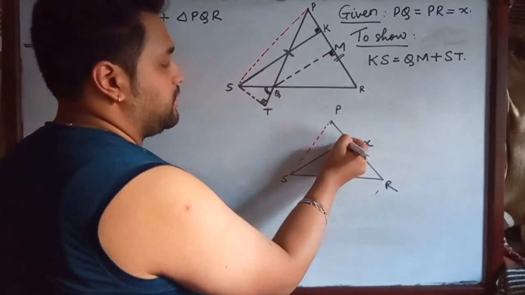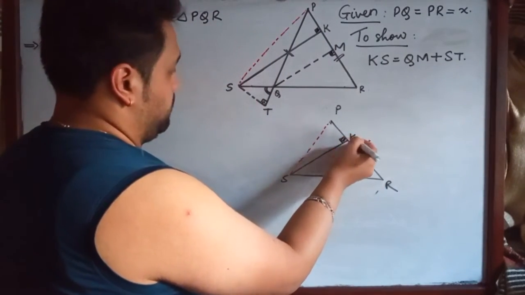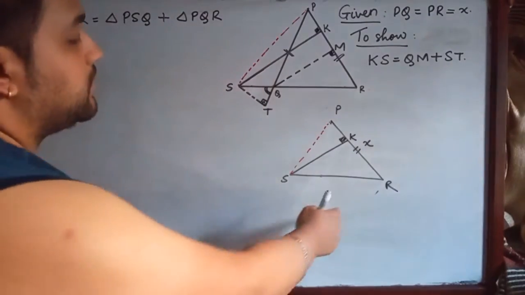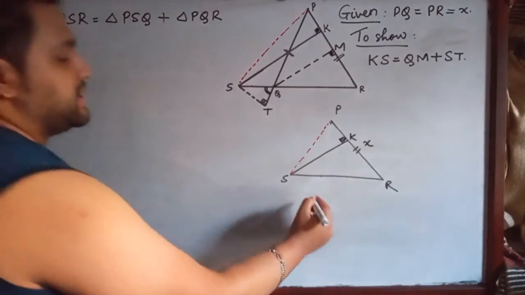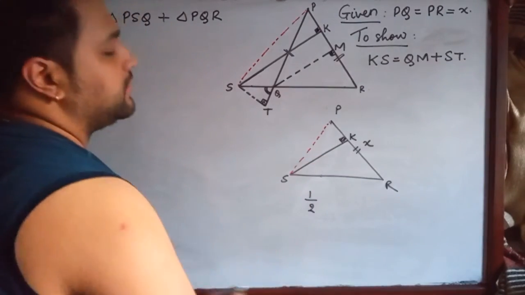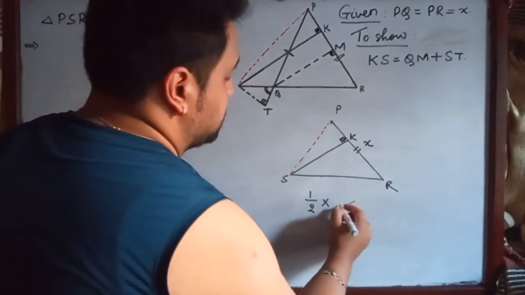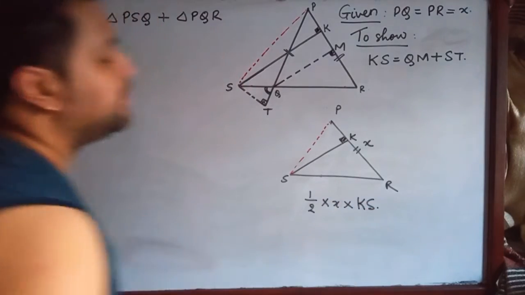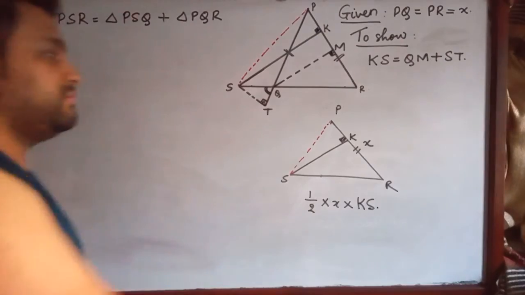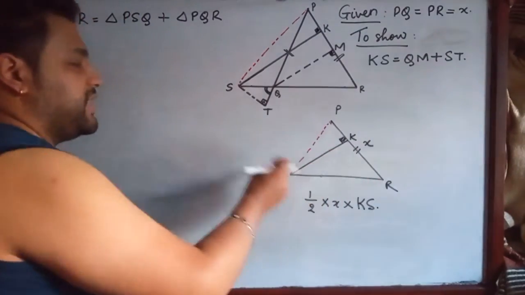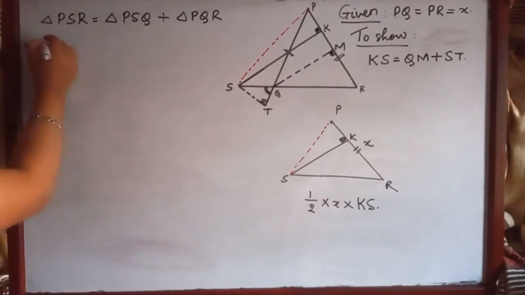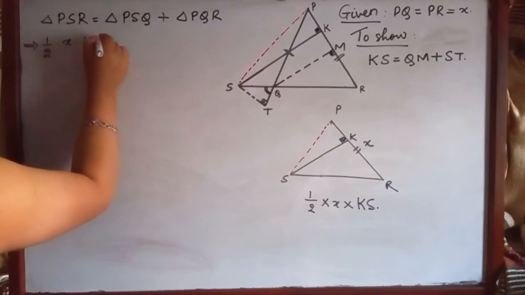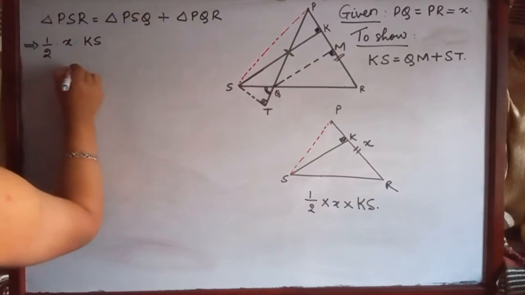We have this K. So the area of this triangle is half times X times KS, isn't it? Half base times height. So let's say this is 1 by 2 times x times KS equals to,